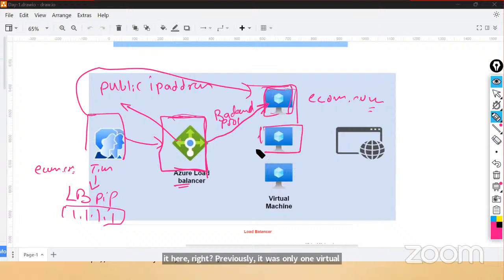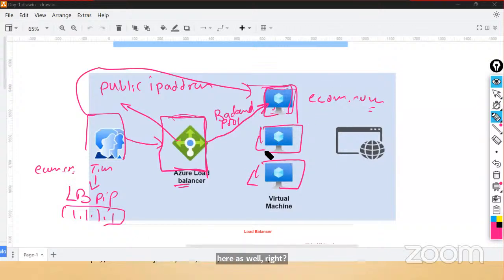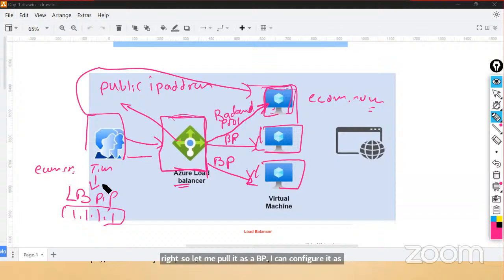I configure the ecom application here as well, and here as well. Previously it was only one thing running. Now it's three things. And all of them I can configure as my backend pool. Let me label it as BP. I can configure it as a backend pool. And now whenever the traffic comes here on the front end IP address,